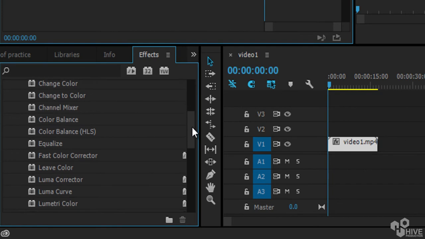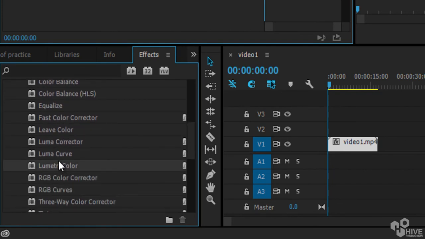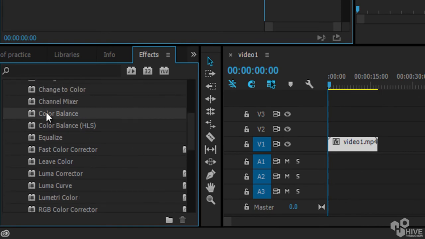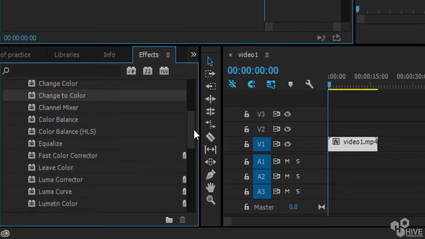This time I will choose an effect called Lumetri. Why am I choosing Lumetri? Because HLS, hue, lightness and saturation, RGB curves and leaf colors are all different effects. But Lumetri is the main effect which has every effect control.